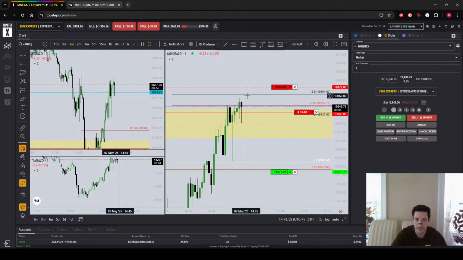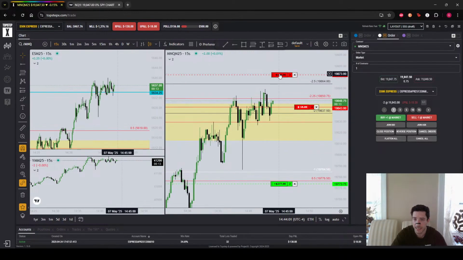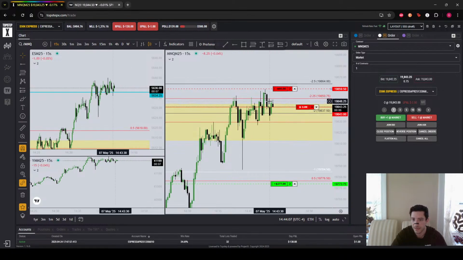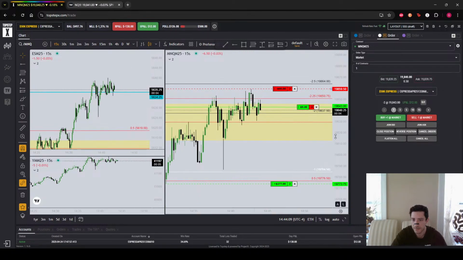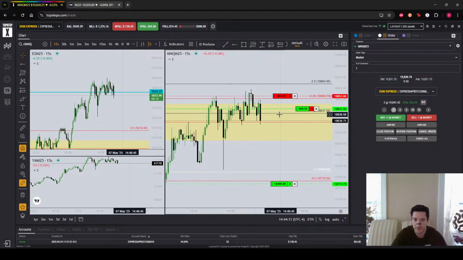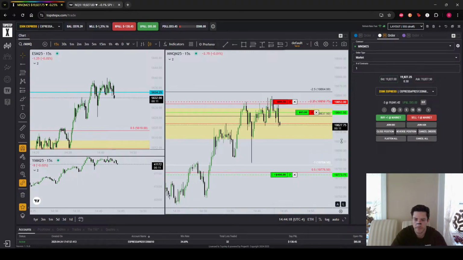A lot of strength coming out. I don't like those bottom side wicks. A lot of platform lag as well. I'm going to move the stop up above here. I don't feel like getting wrecked out again. Hopefully this fair value gap holds me here. I'll add one into it, see if I can get a little bit extra size on for a puke lower. That's a nice move. Yeah, very good.